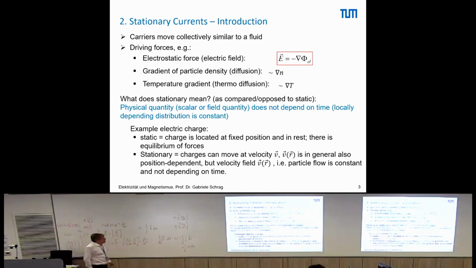Basically, n here is your carrier density. This is the number of carriers per volume element. And if you have that not even, then the gradient of the number of carrier densities will cause